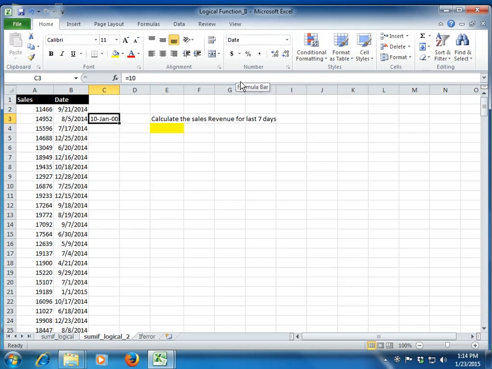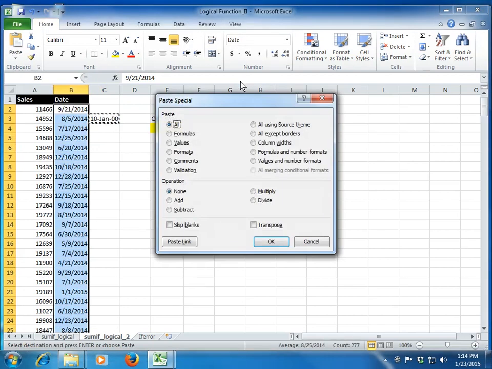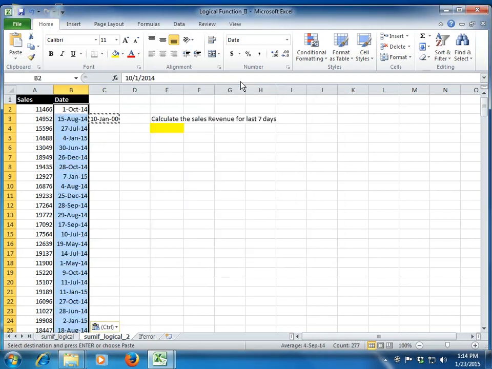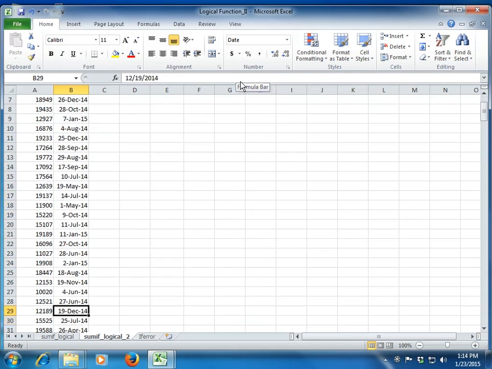Don't worry guys, we will understand all this in a while. So I just add all this. Don't worry about what I am doing right now. We will understand all this in some time when we look at the paste special window. Right now all I am doing is creating a database with some current dates. I am just making sure that we have some data which is slightly recent.